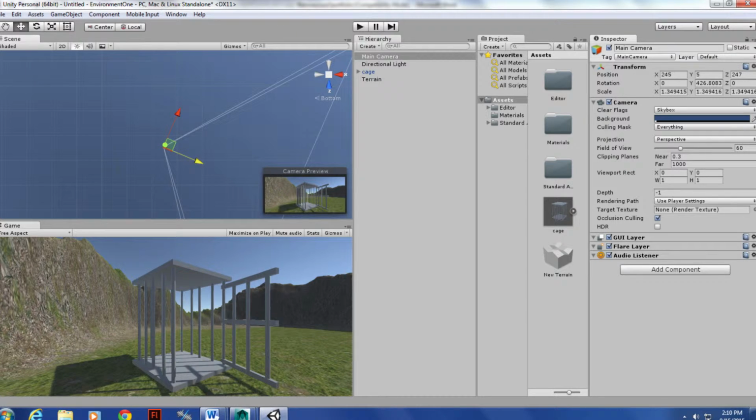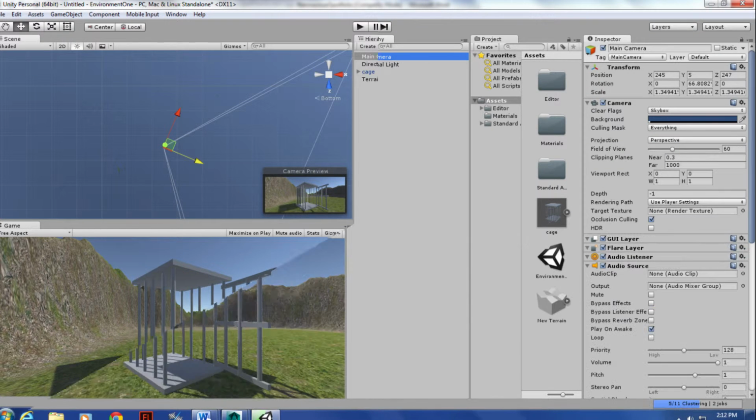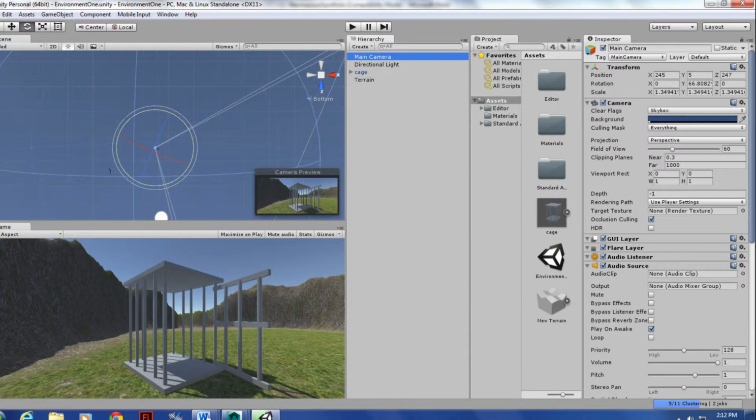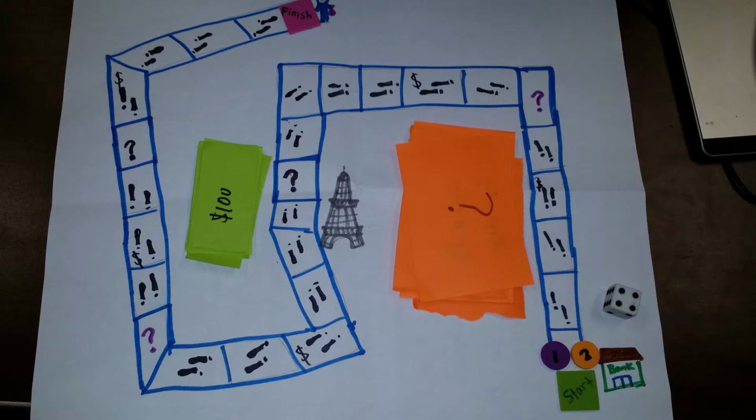Importing models using Unity. I exported this model of the cage I made in Maya into Unity, then I added textures to the cage. Lighting and character controlling in Unity. I select a directional light and use the transformation control to move it into a natural position in the sky, then use the rotate tool to direct it where it looked appealing.